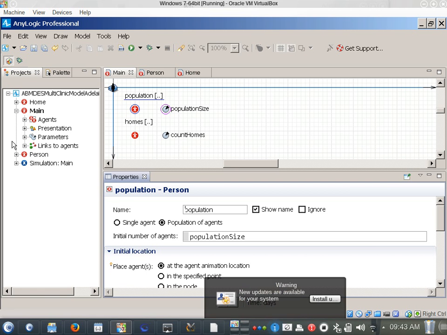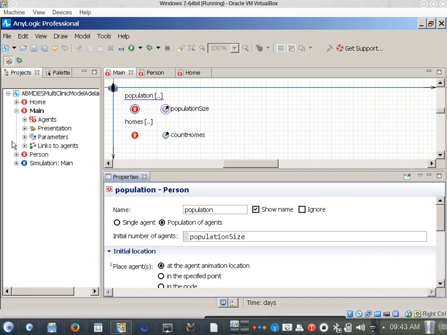Very commonly used by process-centric modeling, but we've had students who use similar things for simulating movement of traffic along certain routes. Okay. So are people comfortable where we're at? We have a population of homes and a population of people. Are we okay? Okay, great. So I'm going to